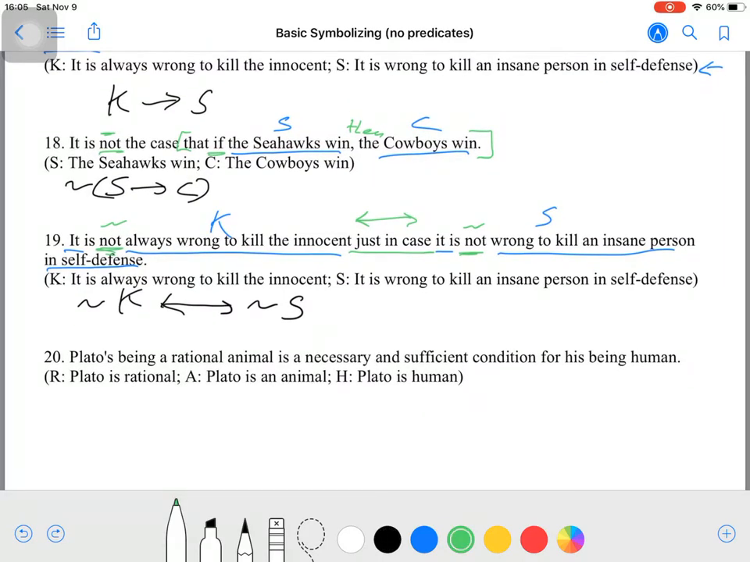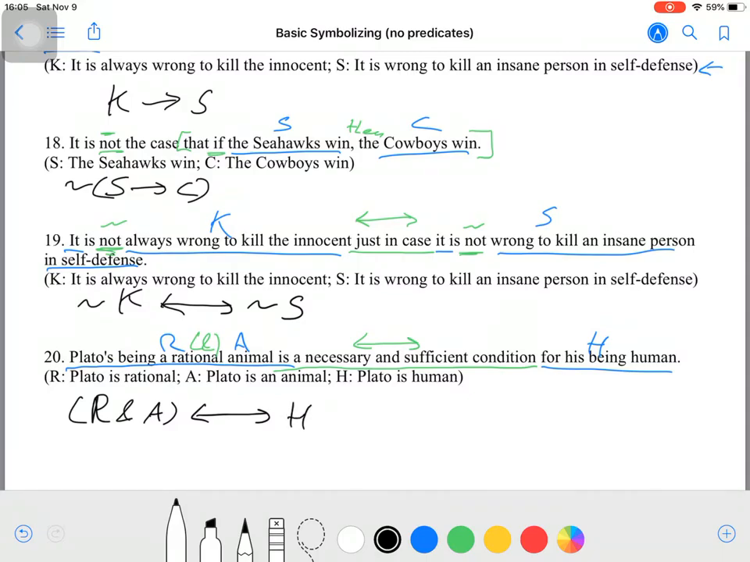And then lastly, Plato's being a rational animal is a necessary and sufficient condition, double arrow, for his being human. So Plato's being a rational animal is R, and then being an animal is A, and his being human is H. So over on the left side, we have an implied and, because we're making two claims about the same being. We're saying that Plato is both rational and Plato is an animal, but we just call that a rational animal. So this would be translated R and A,